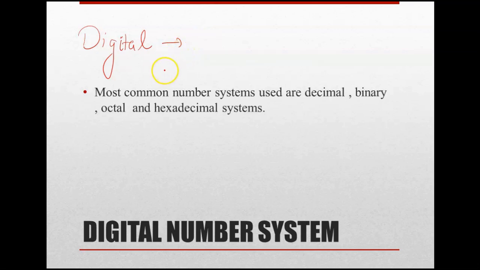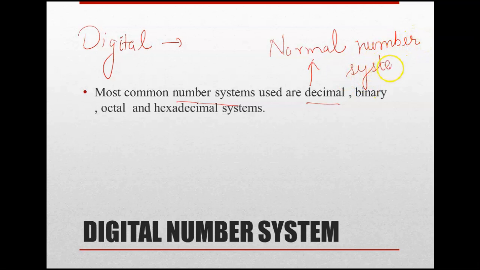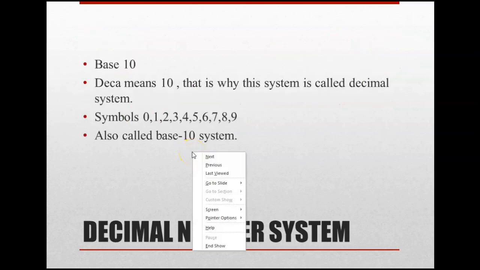Under that, if you go for a normal number system, we have different types of numbers, starting from the decimal number system, which is our normal day-to-day life number system. In our day-to-day life, the number scheme we are using is called the decimal number system. Next to that, we have the binary number system. If you have any idea about computer science, you must be aware of the binary number system, which is 0 and 1. Then the octal number system is also there, and even the hexadecimal number system. They all have their own properties. One by one we are going to cover all of them, starting from the decimal number system.